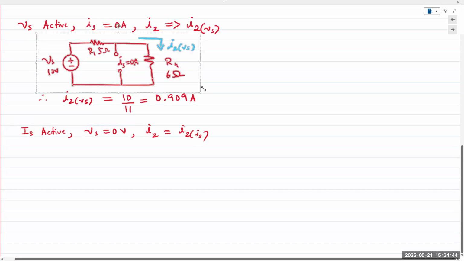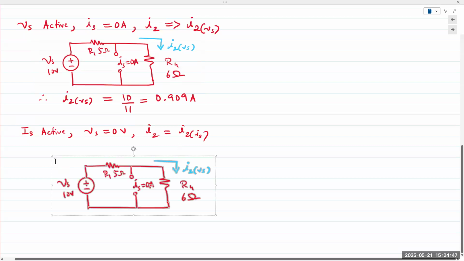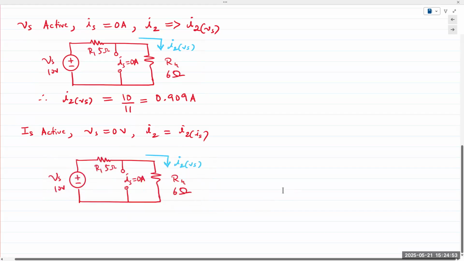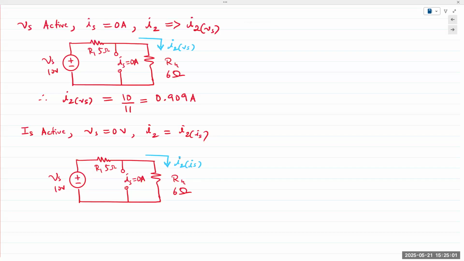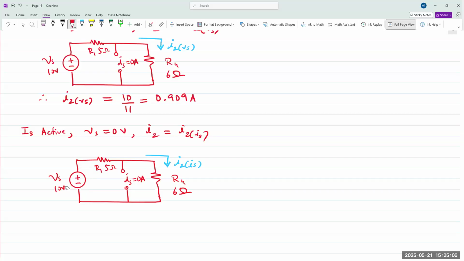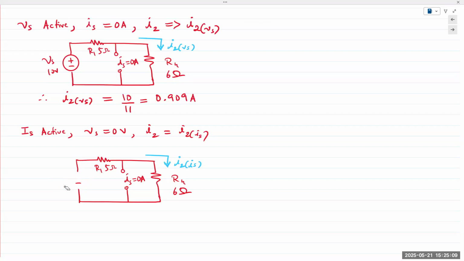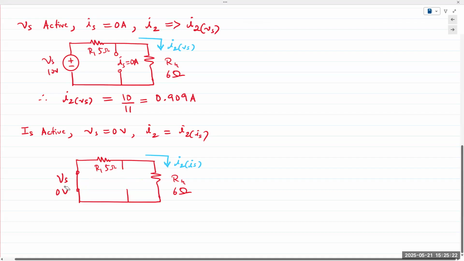So I'm going to copy it out here. Vs is now 0 volts. Replace it with a short circuit. And Is